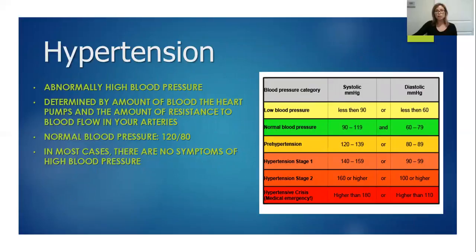Hypertension is a condition that can be treated with a beta blocker. It's obviously abnormally high blood pressure. We all probably know someone with hypertension. It's determined by the amount of blood the heart pumps and the amount of resistance to blood flow in the arteries. Normal blood pressure is around 120 over 80. In most cases, there are no symptoms of high blood pressure, so a lot of people are walking around and